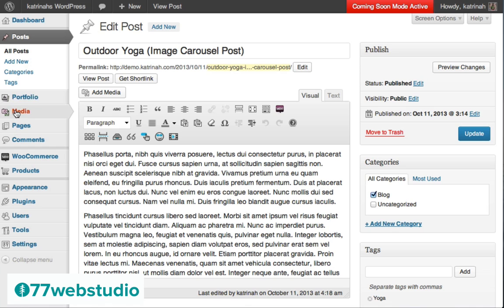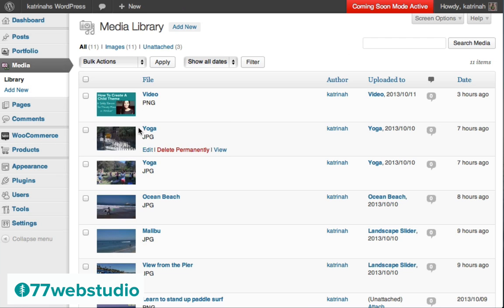I'm going to go up to the top, click on media, and here we see the two images right here, these two different yoga images. So we see that they are uploaded to my yoga page. So one thing that we can do, I'm glad actually that this happened because you may have this issue. So a little bit of troubleshooting on the side here.